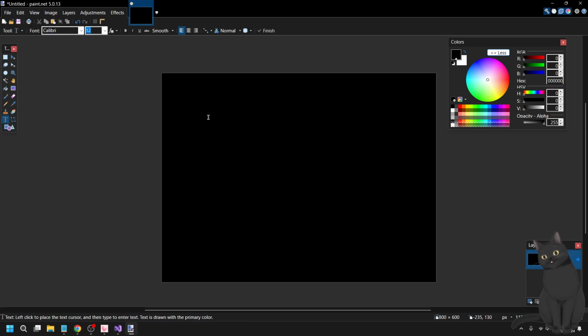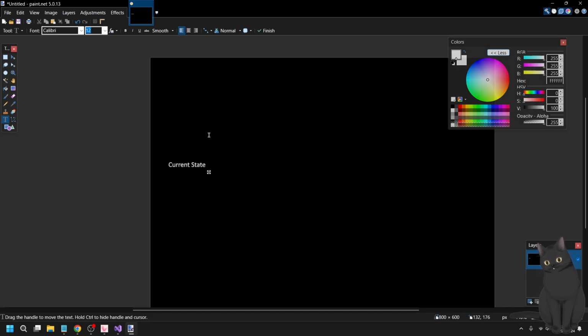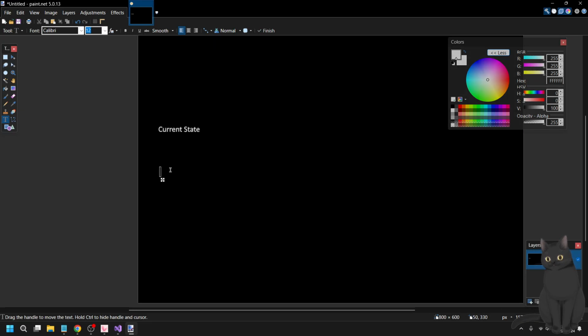Good. So basically, let me make sure it's light so you can see. If I have my current state, let me zoom in a little bit. I have my current state, and then I have my previous state, right? There's a few different cases that can occur. First, the current state could be null, and the previous state could be null,